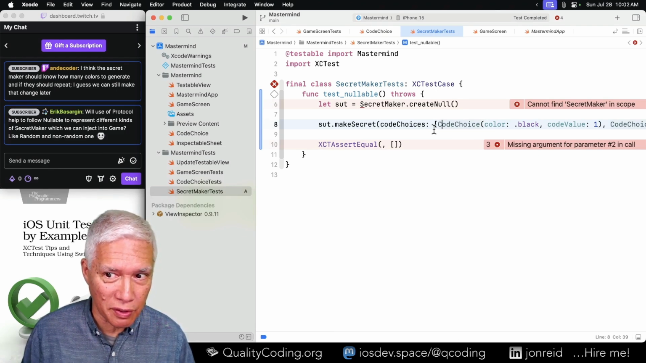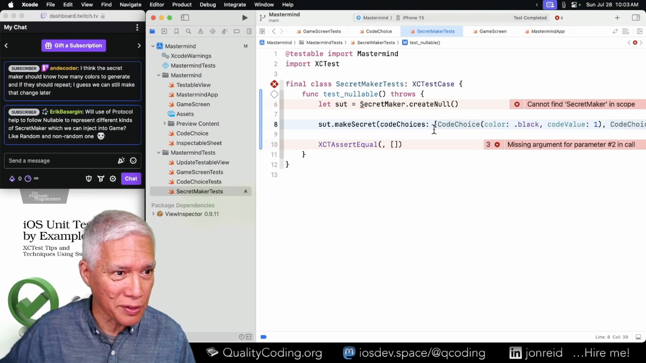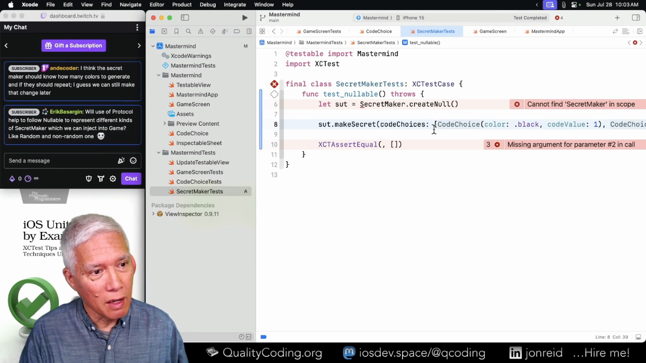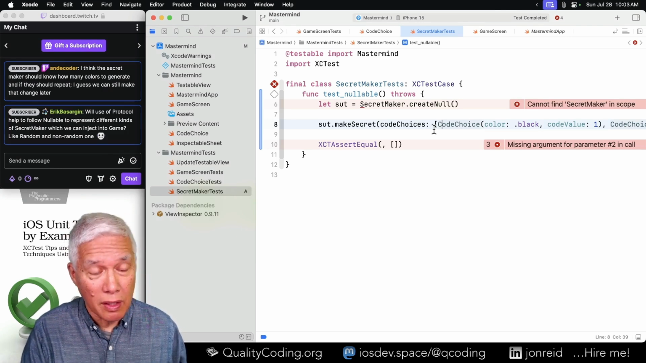The choice, the secret, is the unshuffled colors in the order that they're shown on the screen. Eric, will use of protocol help to follow Nullable to represent different kinds of secret maker which we can inject into the game, like random and non-random one? There. So